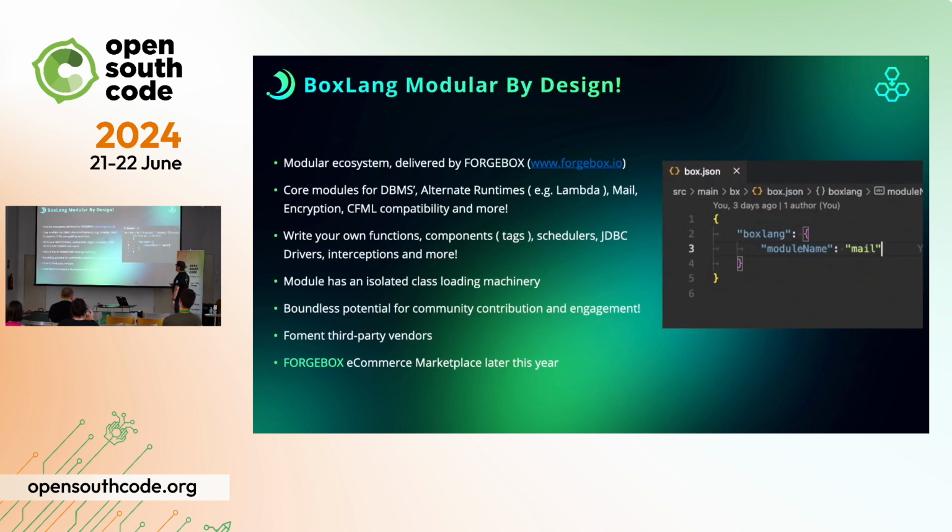So we also have an ecosystem called ForgeBox that we've created for more than 15 years, and it's a website where you, as a developer, can register your own modules. It's open source, it's free, and then you can publish your modules there, right? All the modules that we've written right now are over 20. We have things for JDBC drivers, for different encryption algorithms, for Lambda, for mail, tons, okay? And then you can write your own, right? Here's where you can write your own things to share with people, right?